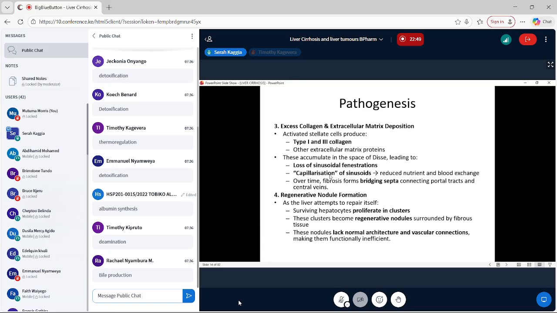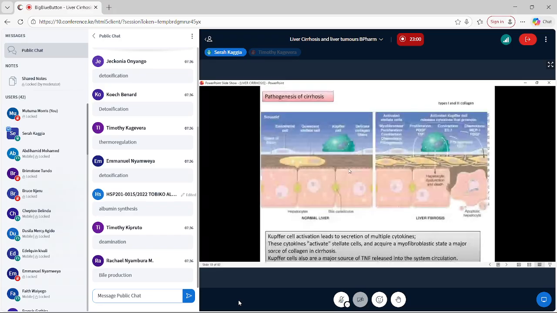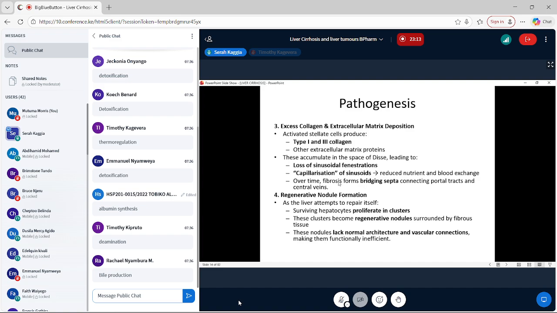Okay, so we have the laying down of type 1 and type 3 collagen by the stellate cells. And so there's loss of the sinusoidal fenestrations, which are these two fenestrations here, and all this, even between the hepatocyte and this nice space, is taken by fibrosis. Okay. So the capillarization of sinusoids reduces nutrient and blood exchange. Okay. And with time, this